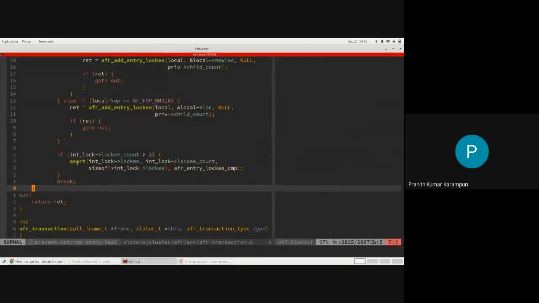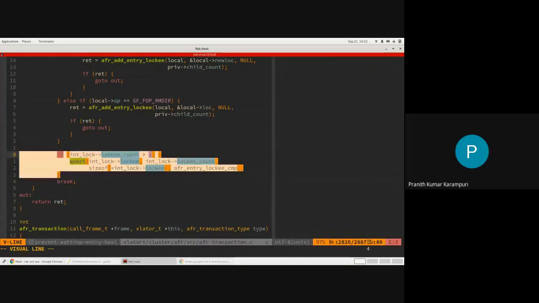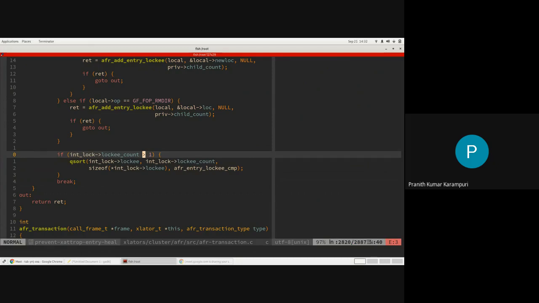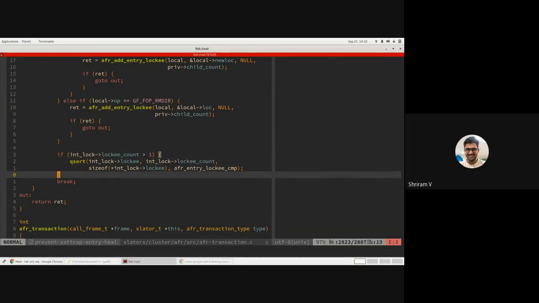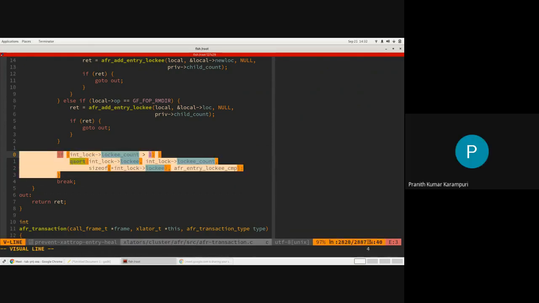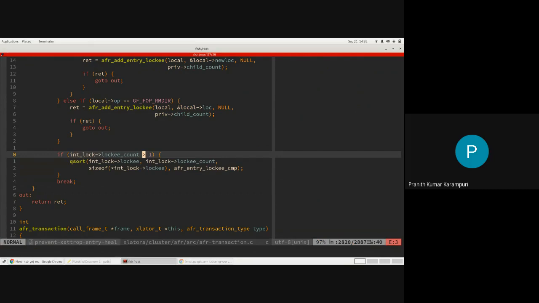Cool. So since there are multiple locks, you might have seen this in operating systems courses. When you are taking multiple locks, they need to be ordered so that you don't run into deadlocks, right? This part I think you guys probably know, right? Yes. Yeah, so that's the reason why we are doing the queue sort. So the locking part is understood by everybody?